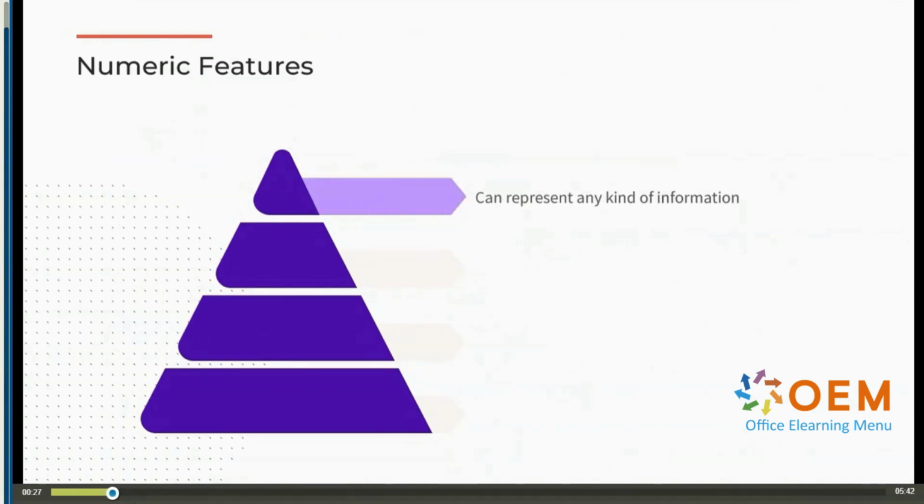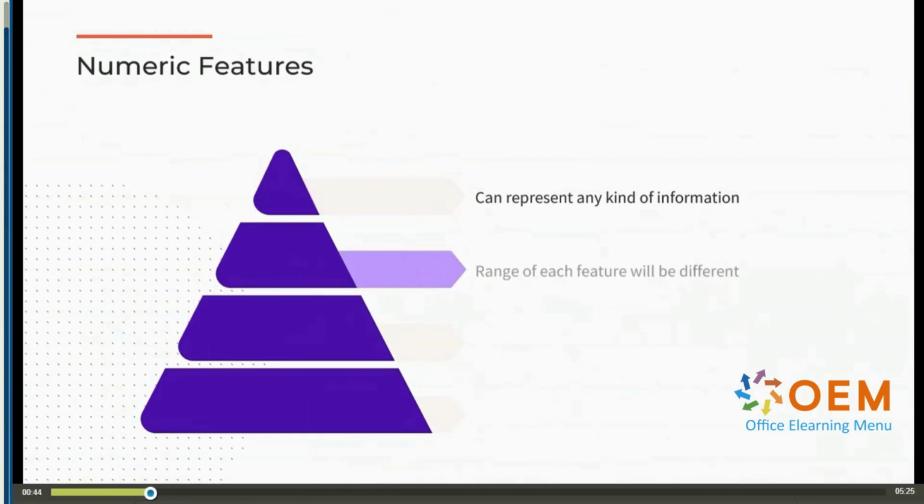Now, numeric features can represent vastly different concepts such as age, income, temperature, all of which operate on different scales and units. This diverse nature means models might treat features with larger numeric values as more important, even if they are not. The numerical span between the minimum and maximum values, that is, the range of the data, can vary significantly from one feature to another. For instance, age might go from 0 to 100, while income could range from thousands to millions, leading to disproportionate influence on algorithms. Just because income ranges are higher doesn't mean that income is a more important feature than, say,